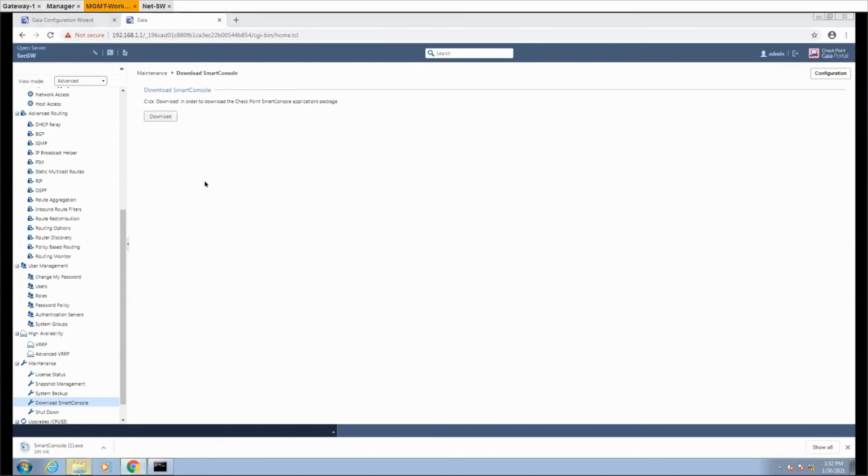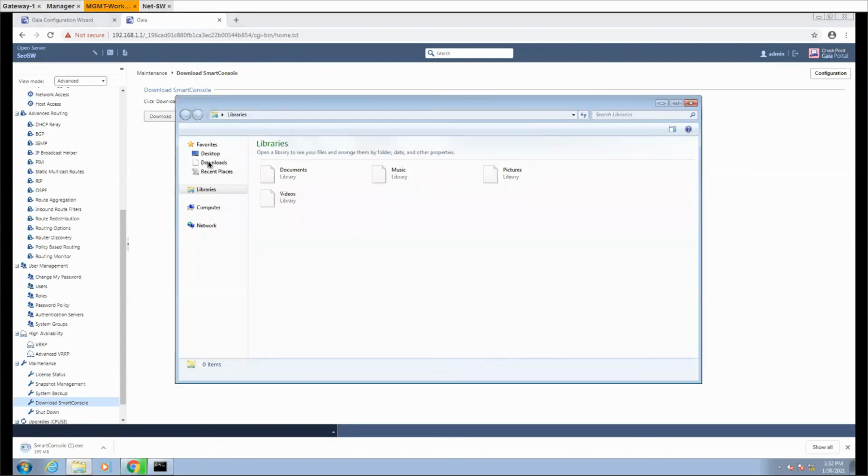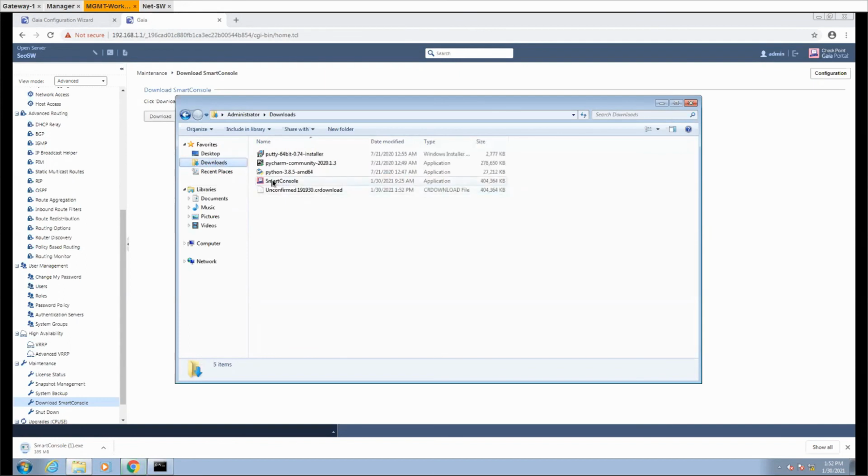I think I have already downloaded this. Let's go to the downloads. Okay, this is the already downloaded Smart Console, around a 400 MB file. You just need to install it. To install it, you just need to run the setup, say next, and then it is going to install on your system.